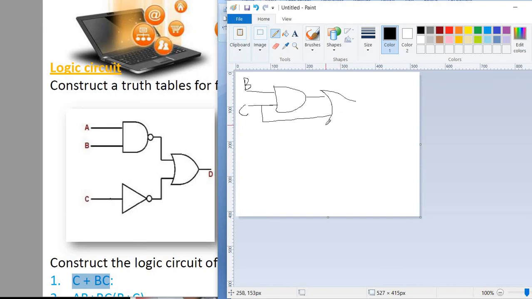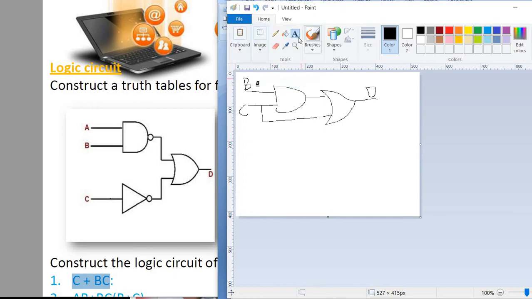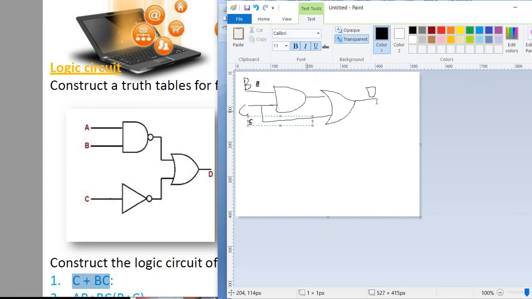This is your OR gate, and the output we will get is D. I am writing in text also: B here, then C again, and it's D. So it's a rough sketch.